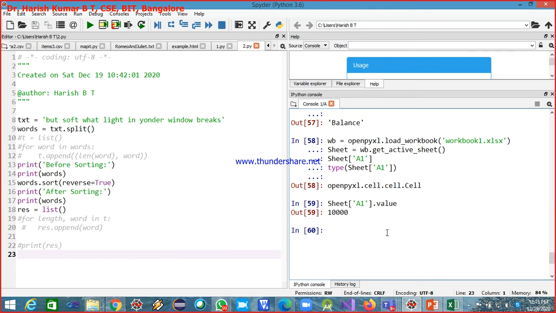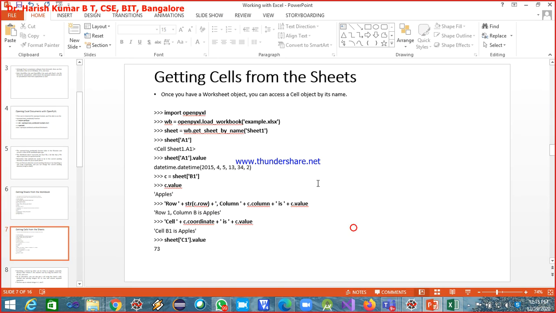Okay, now say for example I want to assign amount is equal to sheet A1 dot value. So now if I say amount, see, amount is 10,000. Okay, this also you can do. And what we have next is